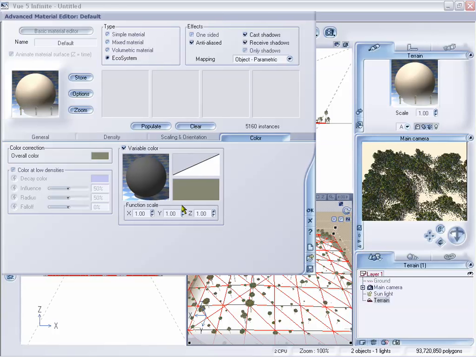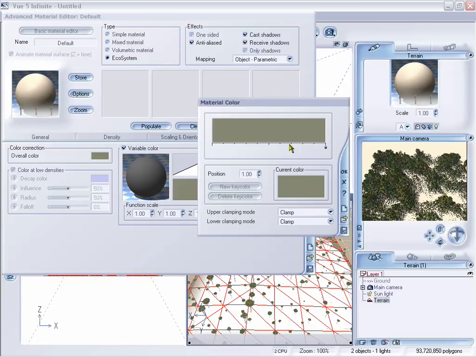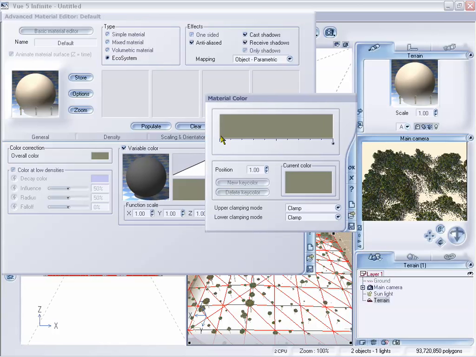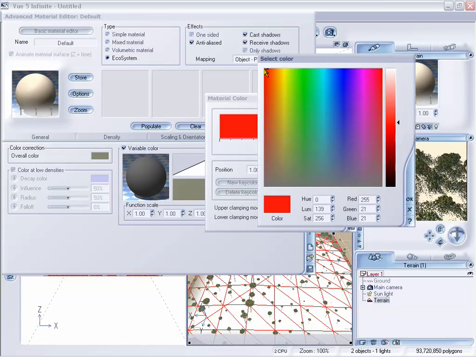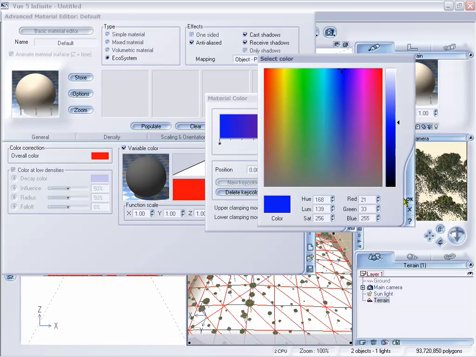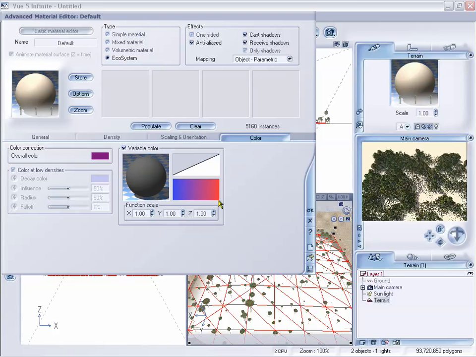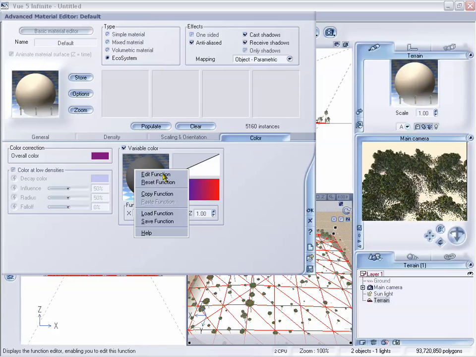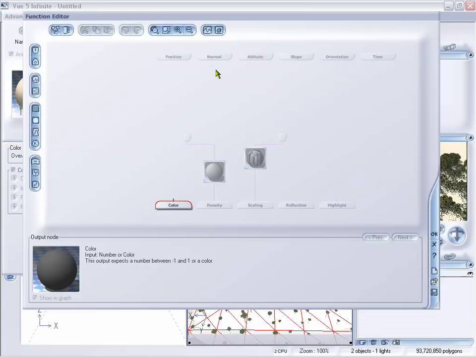If I check on variable color, then you'll notice that we have a filter, and we also have a color map below. So we can edit that color map, which we could make into a gradient, which I will right now. And actually, I'll do a red, and then I'm going to click in the front, click New Keyframe, and I'm going to make that blue. Now the way to control this gradient is within our function editor, just like we can control everything else, except now we have to use fractal nodes, or noise nodes,